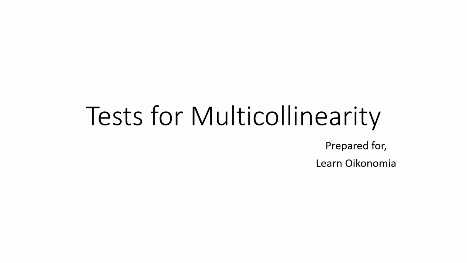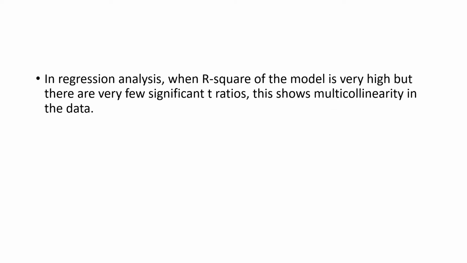problem of multicollinearity. We know that multicollinearity happens when you run a regression with several independent variables and some of your independent variables are correlated. In the regression analysis, when you go for R square in the model, this can be used to see whether your model suffers from the problem of multicollinearity or not. If you have a very high R square in your model, then you have the problem of